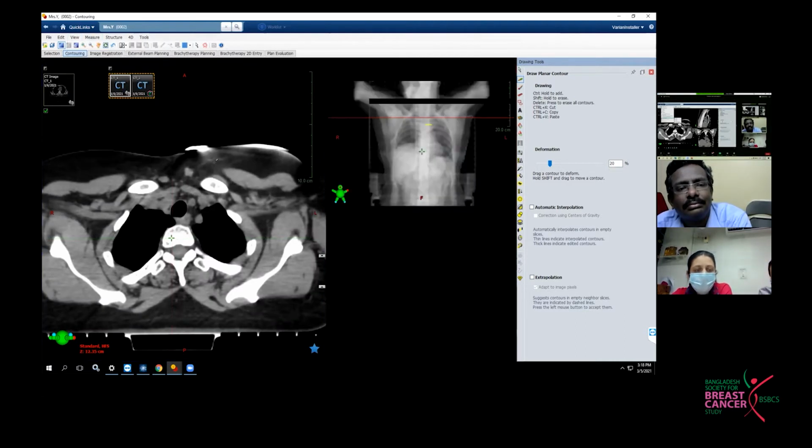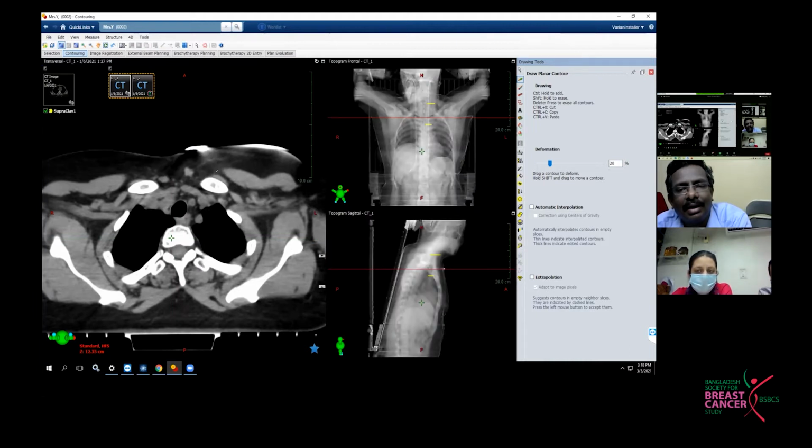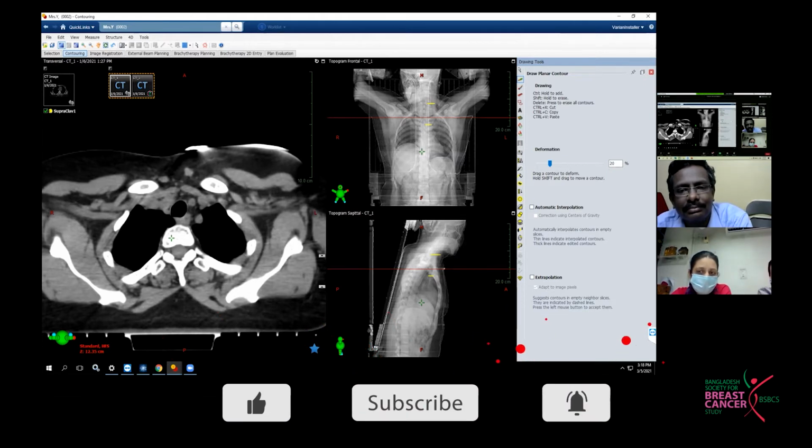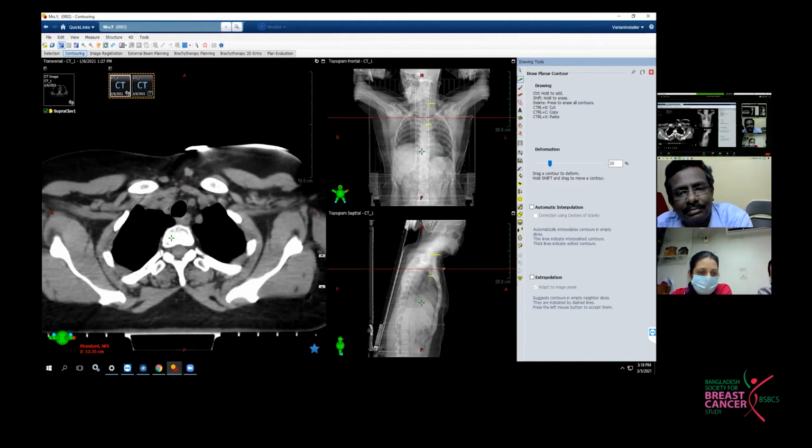And if you're following the ISTRO guidelines, that is vessel based. So even for that, it's very important to go to the other views to identify the lower end, where to stop the volume. If you cannot identify that correctly in the axial cut, you have to view the coronal and the sagittal images to get the exact point where the vessels are bifurcating, because that is the point where the ISTRO volume ends.